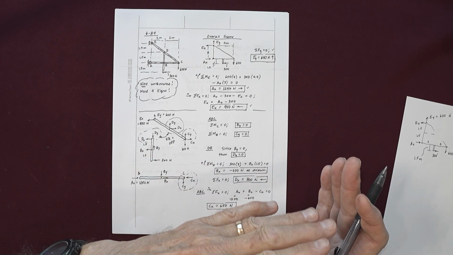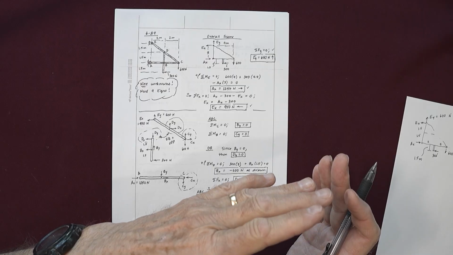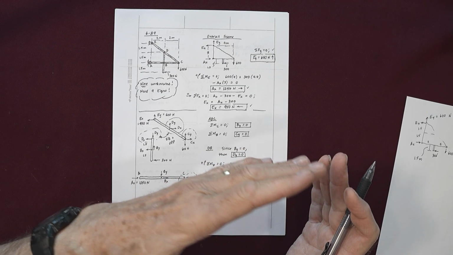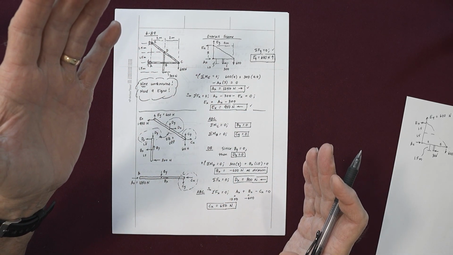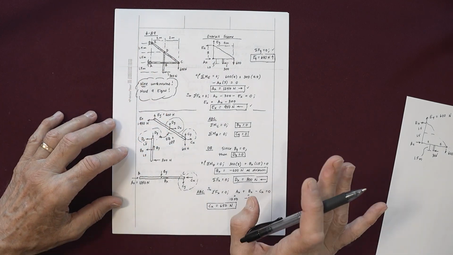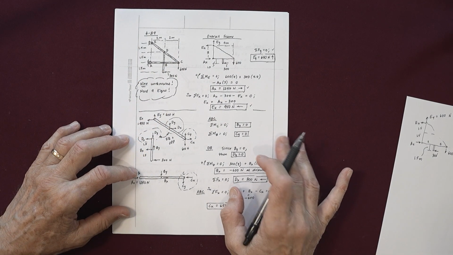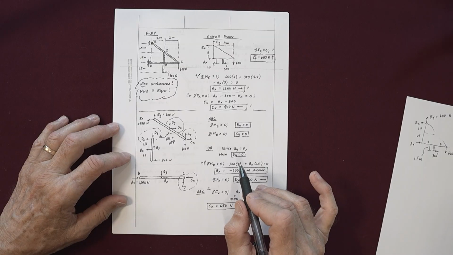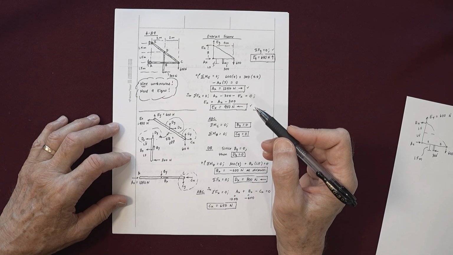One is the action of member B onto A, and the other is the equal and opposite action of A onto B. You have to do that. You have to know how to do that. So if I inspect these members now,